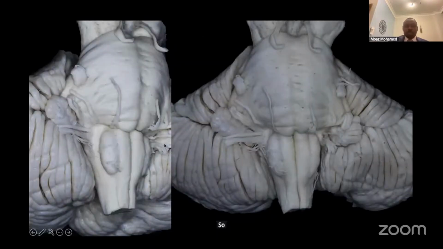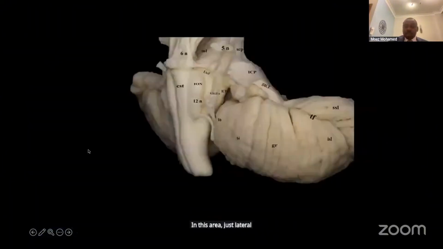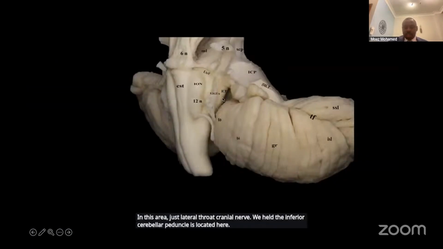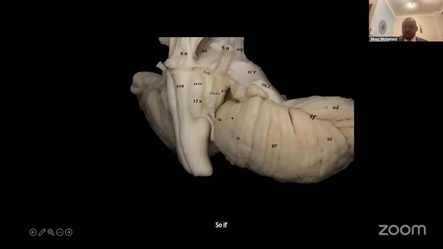So if we see here, as I mentioned, we have a pyramid, olive, 6, 7, 8, and lower cranial nerves. In this area, just lateral to lower cranial nerve, we have the inferior cerebellar peduncle located here. So if we put them in order again, we have the pyramid here, and here we have anterior olivary sulcus,